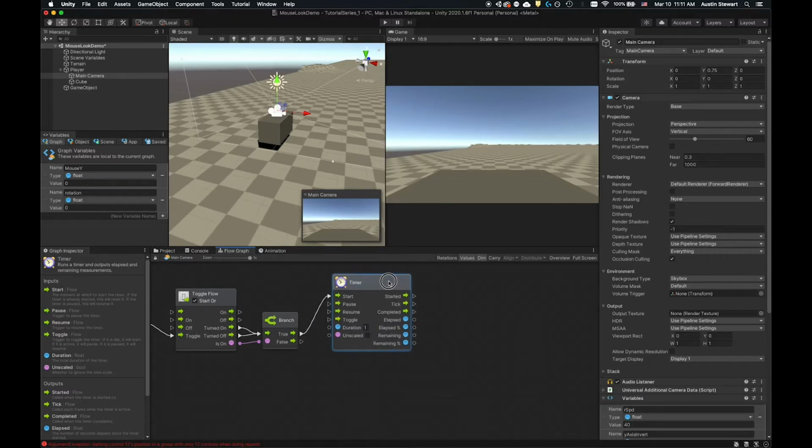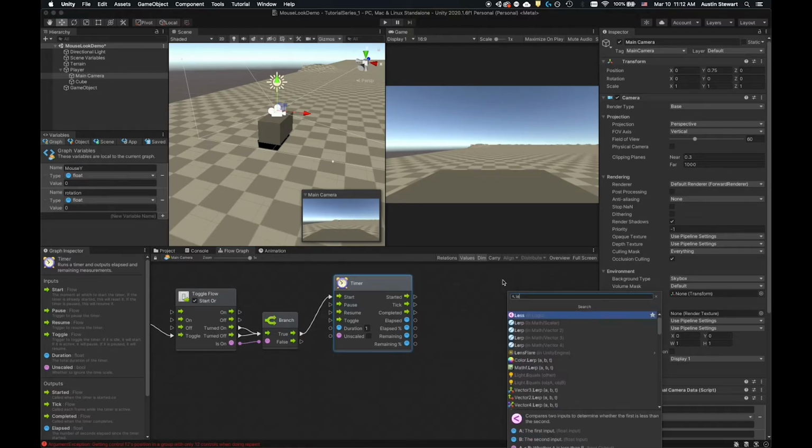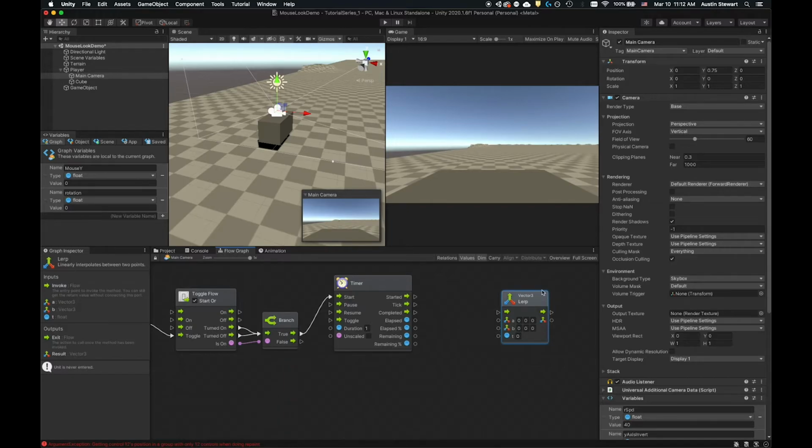And now what we need to do is create the units that will make this action happen. So the first thing I'm going to do is click add unit, and type in LERP, and specifically I want the vector 3 LERP, because we're going to be taking our current position and changing it to another position. And the way LERP works is that A is basically your current location, and B is the location that you want to go to, or the target. And then T is